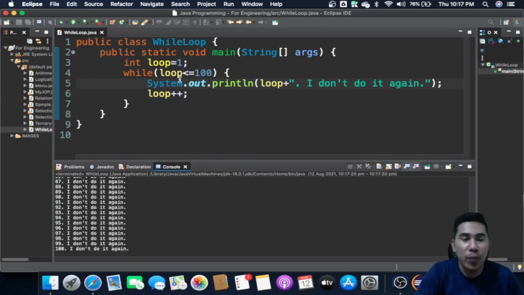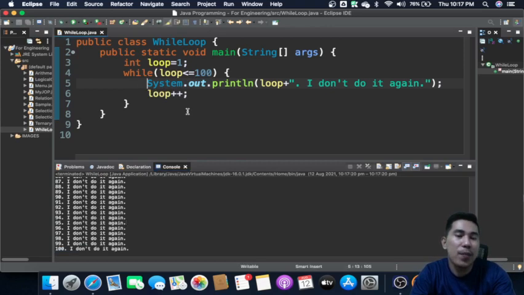That's how a loop makes our life easier, because you don't have to repeat the same process of writing it the same way. It becomes easier because you only write the statement once, and using the loop, it keeps on repeating the statement until a certain condition is met. So that's how a loop is.